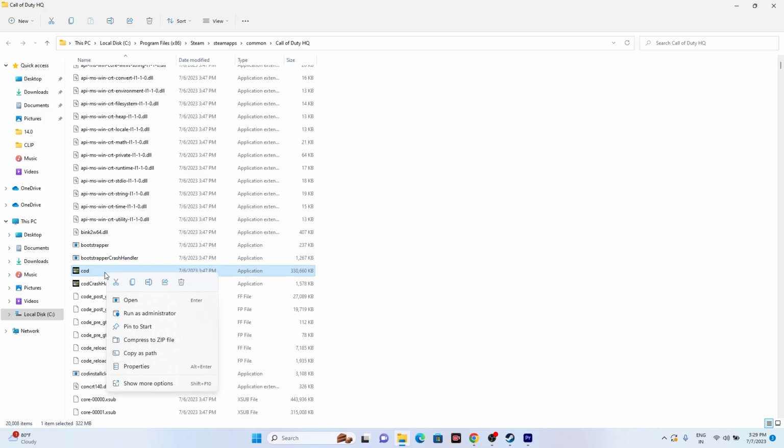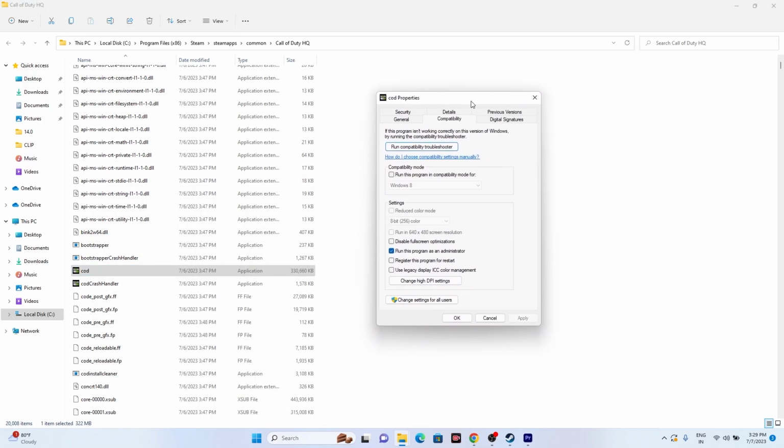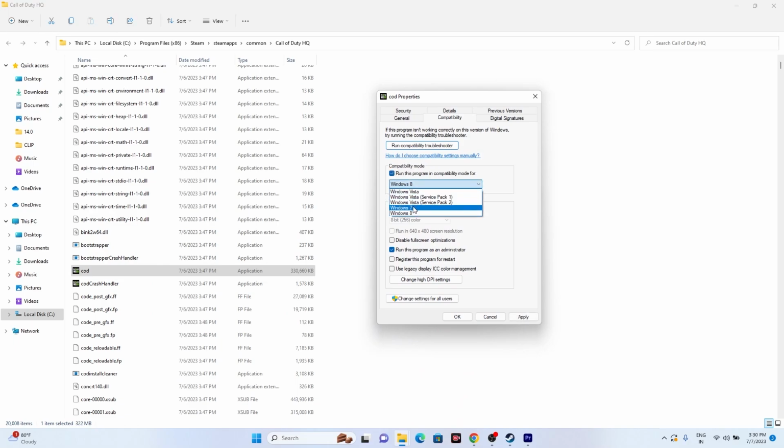Select this one, right click and go to show more options, go to properties, go to compatibility. Now from here go to compatibility mode. Over here, as you can see, this is blank, so you have to select this and first set Windows 7. Set this to Windows 7, go for apply and go for OK and see whether the issue is solved. Or else you can set this to Windows 8, go for apply and go for OK, and you can try